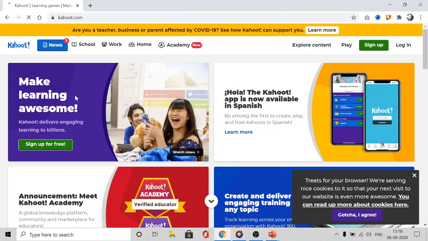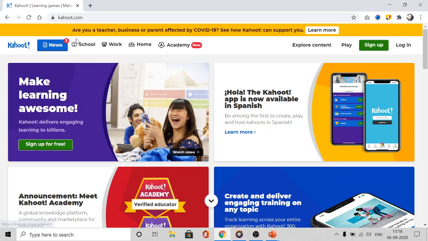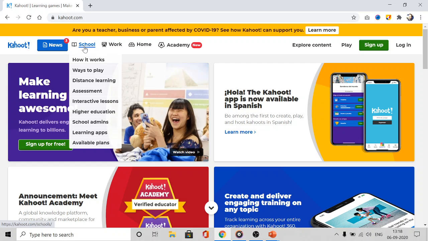When we go to the home page of Kahoot, we will be able to know the area where we can use Kahoot. For schools, it can be used as tool to create assignments, to conduct interactive lessons, and for higher educations also.